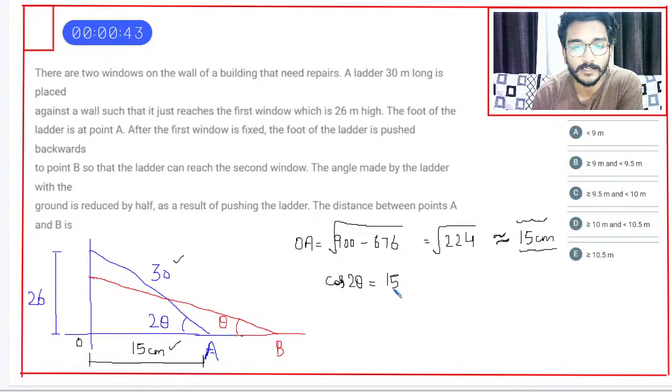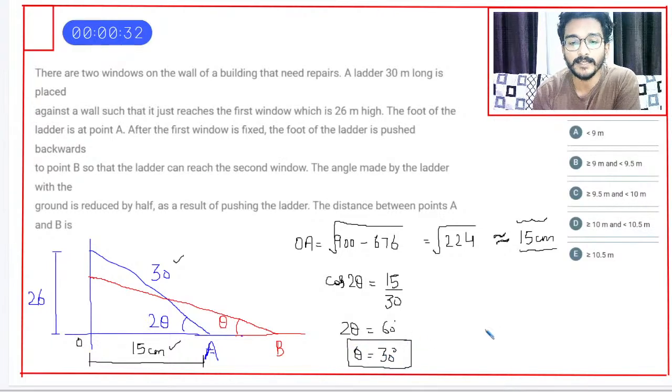कॉस थीटा ही होता है 15/30, तो 2 थीटा कितना आ गया, हाफ। ये हाफ कब बनता है, 60 डिग्री पे, तो थीटा इज 30 डिग्री फॉर मी। रफ अप्रोक्सीमेटेड आइडिया है, थीटा 29.9 होगा, तो 30 मान लेते हैं।